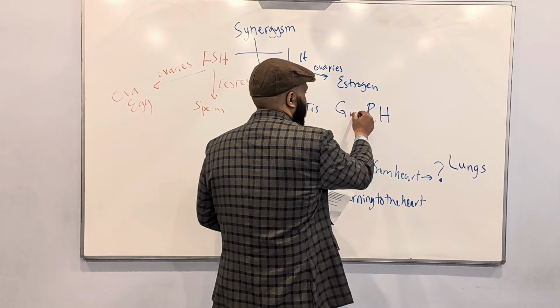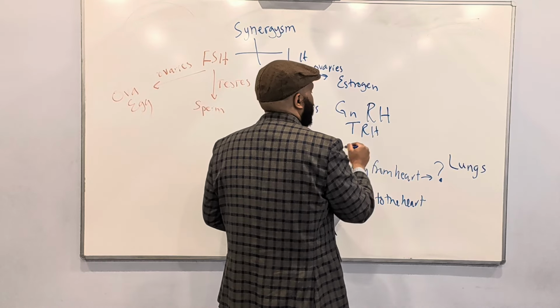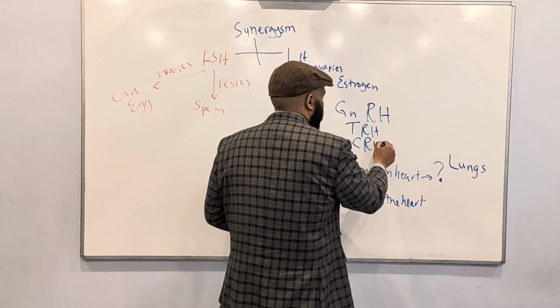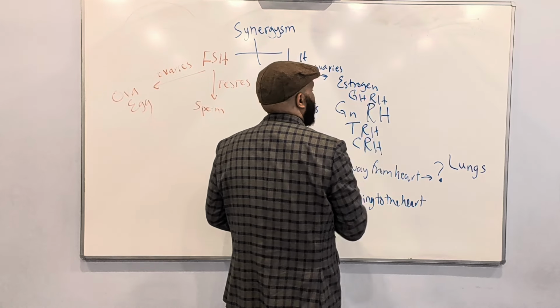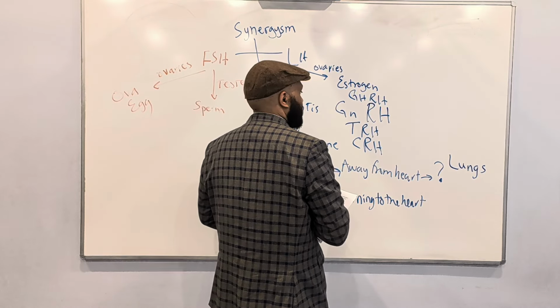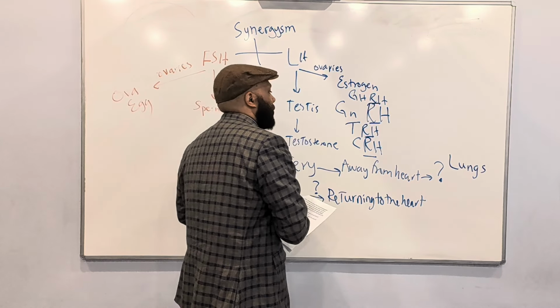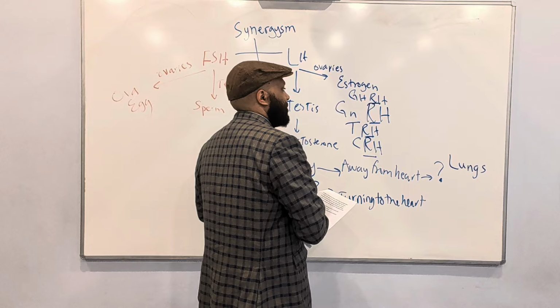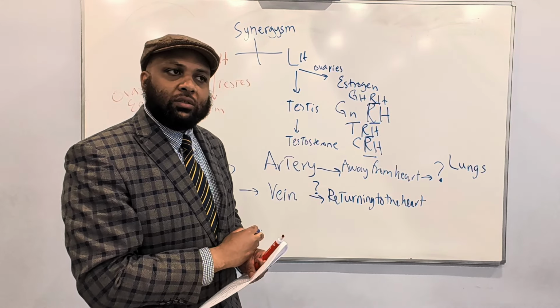So gonadotropin releasing hormone, thyrotropin releasing hormone, corticotropin releasing hormone, growth hormone releasing hormone. So if you end with the releasing hormone or inhibiting hormone, that means you are a hormone that is coming from the